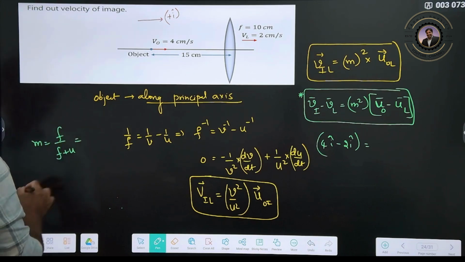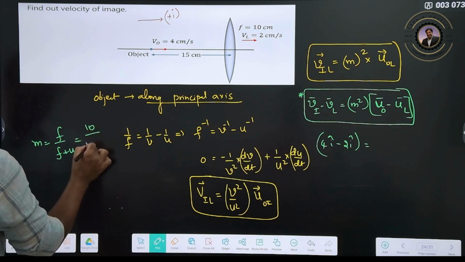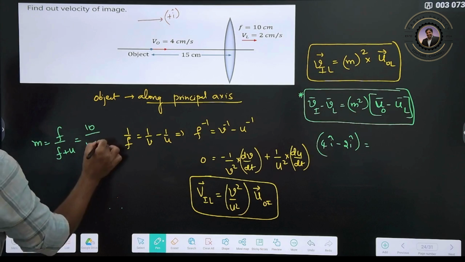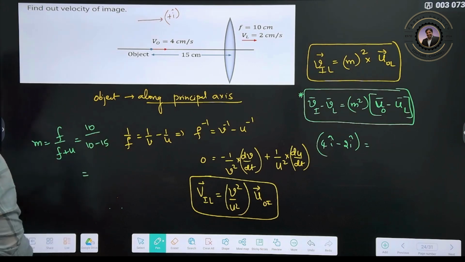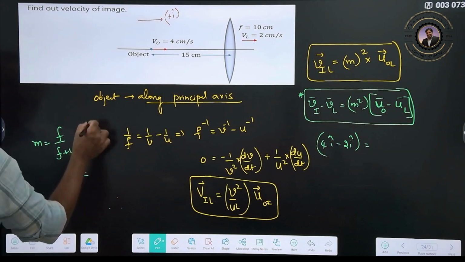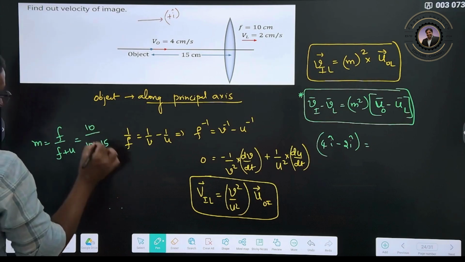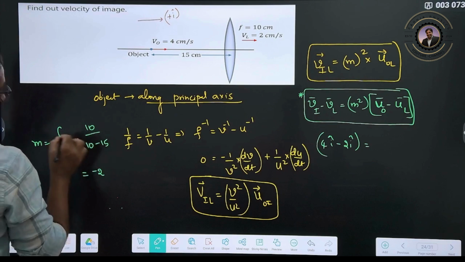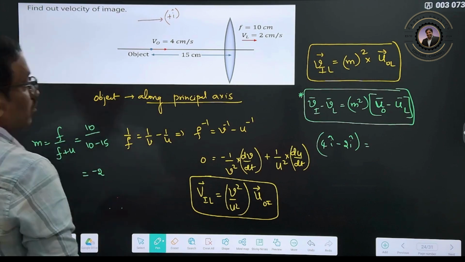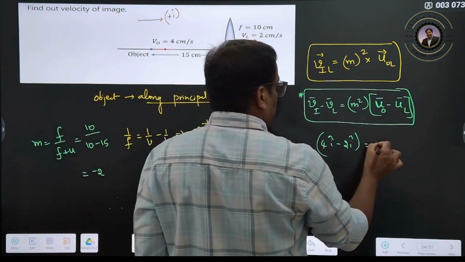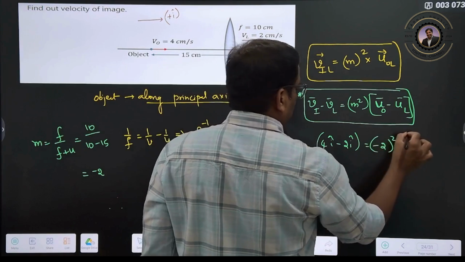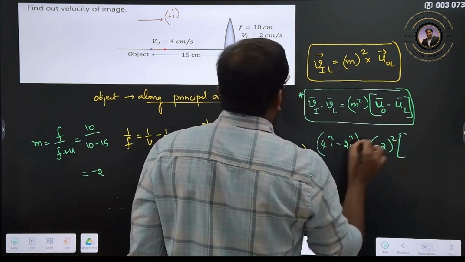So, f is 10, so 10 by 10 minus 15, and how much will it be now? It will be minus 2. So, minus 2 whole square into